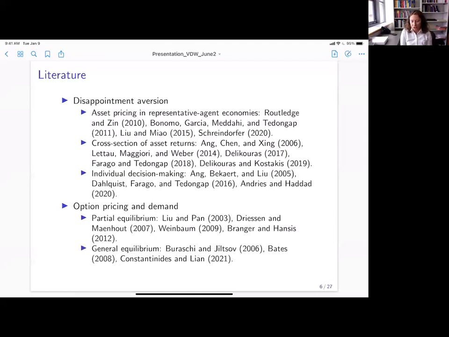And finally, let me just briefly mention this last paper that I have here, Konstantinidis and Leon, very recent work, and a very different paper, because it's a static model in which investors exogenously specialize into buying either out of the money or at the money puts, but not both. Whereas we will consider a fully dynamic framework without any restriction on investors' positions. So we'll see who endogenously arises as a buyer and the seller for what type of products.